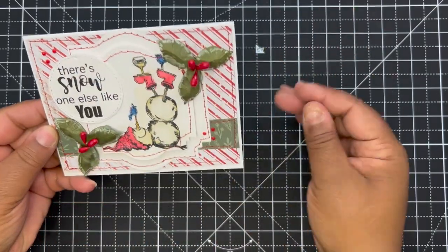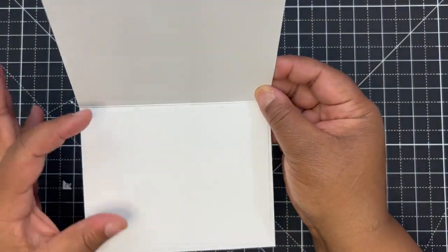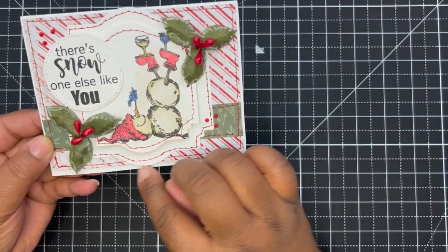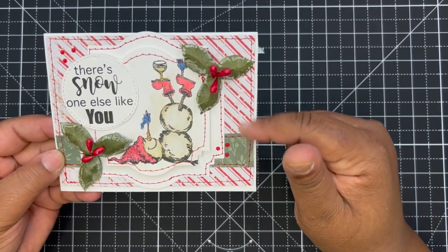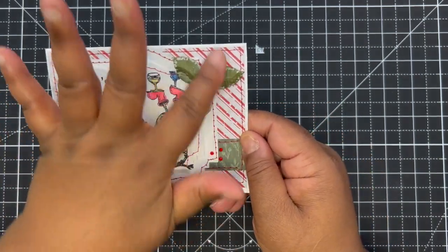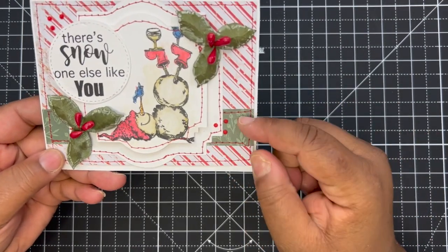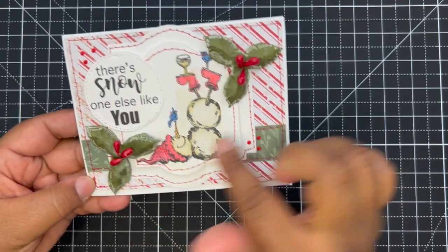Okay, so my card is 4x6, and it opens up like that. Got a little sheet of paper, backing sheet there. So what I did was take some of my stash, my Christmas paper stash. I had a bunch of these sheets, forgot who they're from, but just some candy cane-ish paper, and I have it stitched around. And then I took another sheet from one of the Maggie Holmes collections in this green rectangle, stitched around there